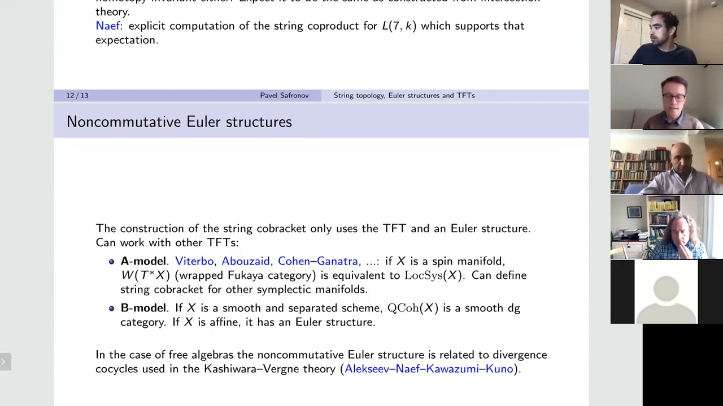In the case of the A model, actually, the example I'm talking about is an example of an A model, just because if you look at a spin manifold, then the wrapped Fukaya category of the cotangent bundle is going to be equivalent to local systems. So the A model on the cotangent bundle is essentially this string topology TFT. And this allows you to define string bracket for symplectic manifolds. And then, yeah, you can do this for the B model, or basically whenever you have a smooth DG algebra,